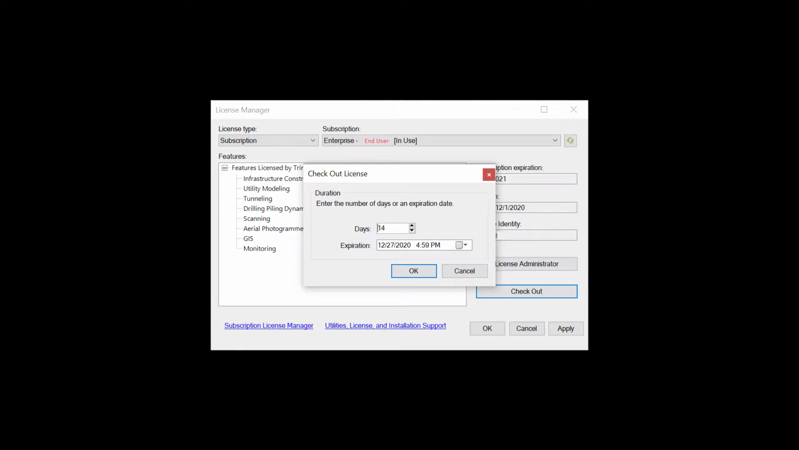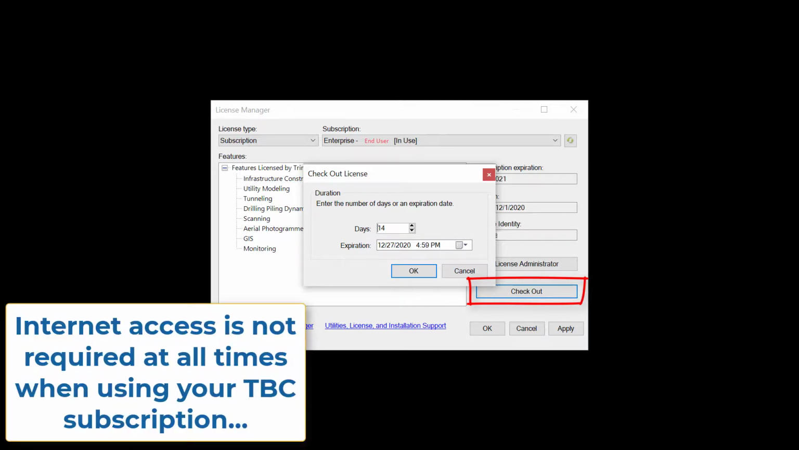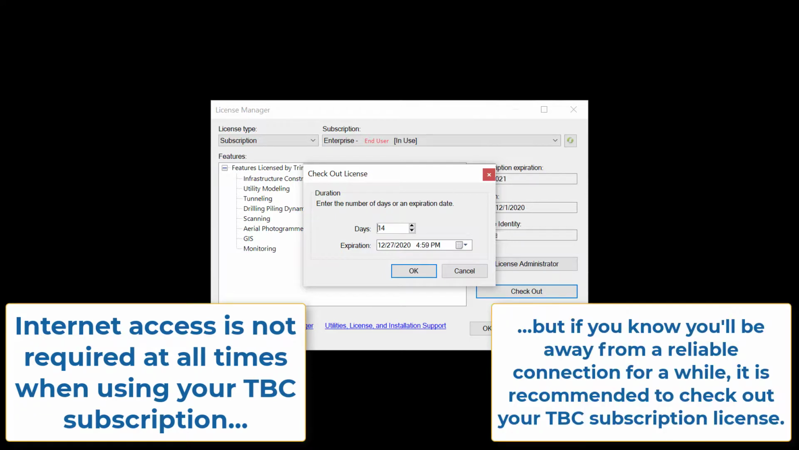Then also there you can see the checkout button. This allows you as a user to check out or detach your license from the license server. So you do not need to have constant internet access for use of your TBC subscription license. You would need to have internet access at this step where you're signing in with your TID, we're authenticating you, we're checking that, all right, you say you're this person, yes, you have access to, in this case, the enterprise